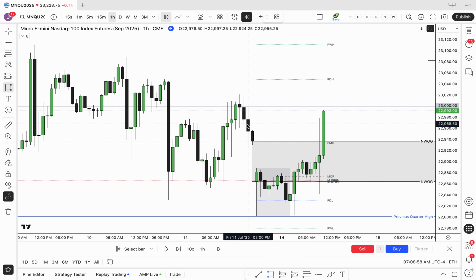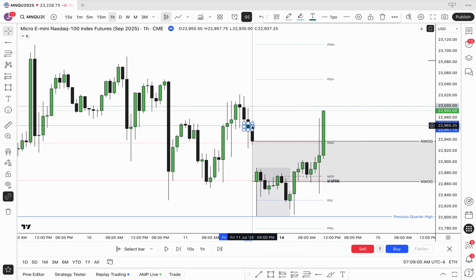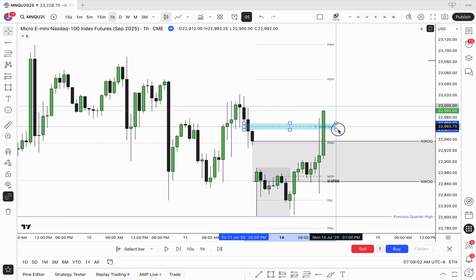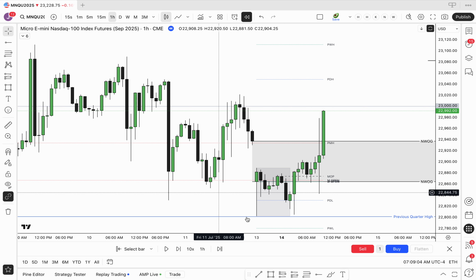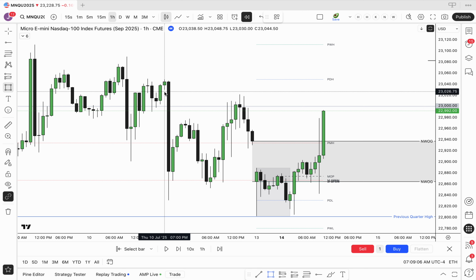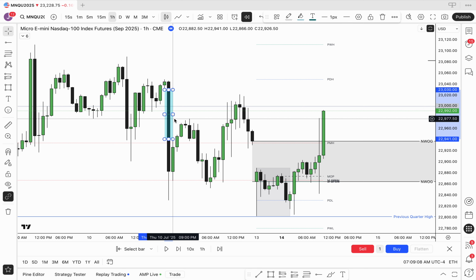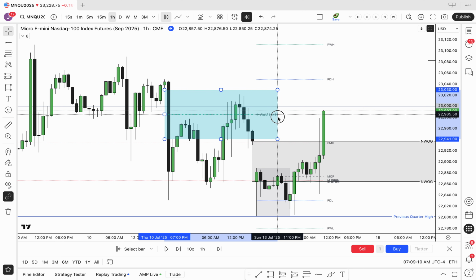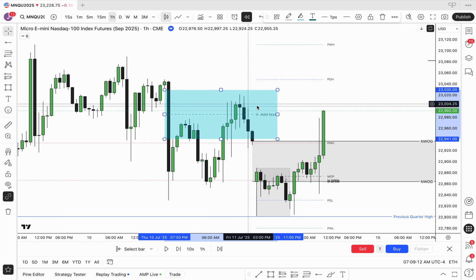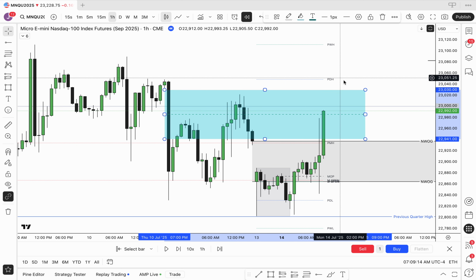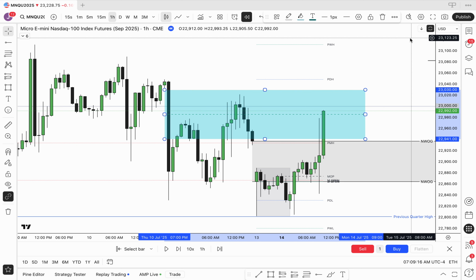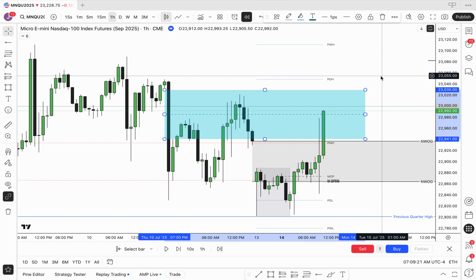what else do you have? You have this gap. You have this large fair value gap that's been used as resistance. So when it gets turned into support, you want to see that function as support on the higher time frame. And that becomes a higher time frame POI to take longs or to take shorts.